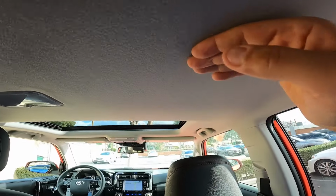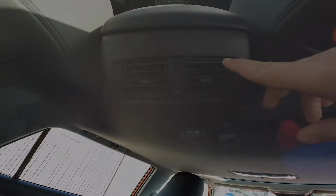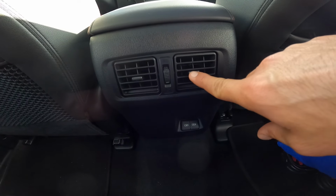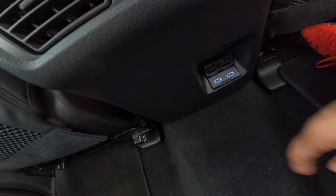So if you look at the headliner, it comes up nice and straight, then it goes up. It gives you about a couple of inches of rear passenger headroom. So that's a nice feature by Toyota. You have some controls for your climate control. It's not digital or anything like that. And you got 2 USB